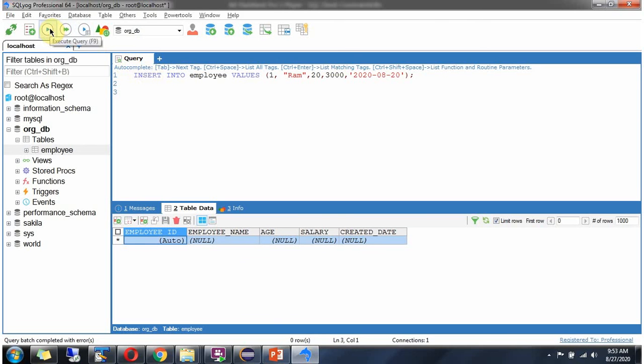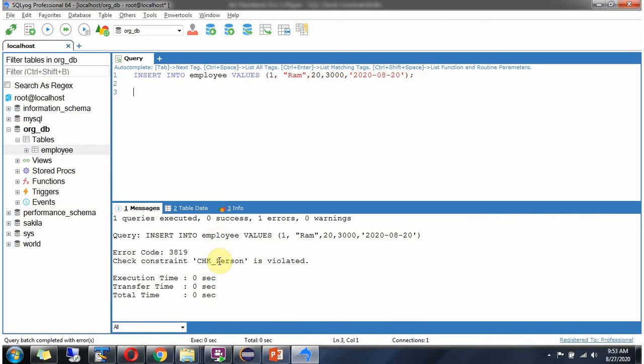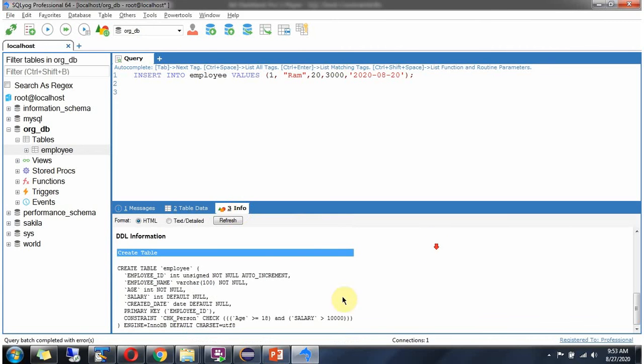We will see what will happen. We got an error saying the check constraint is violated because age is 20 but salary is 3000. The condition is age should be greater than or equal to 18 and salary should be greater than 10,000. But in this case salary is 3000, so it is not allowing to insert the record.